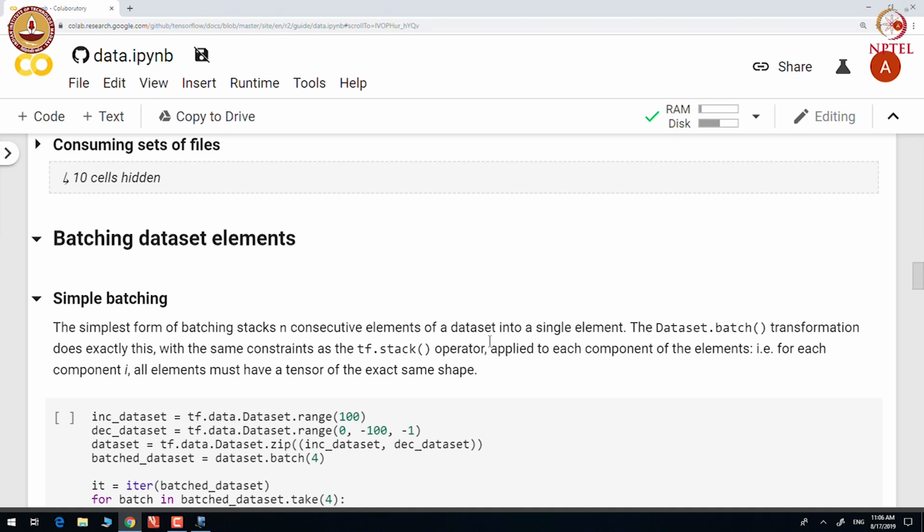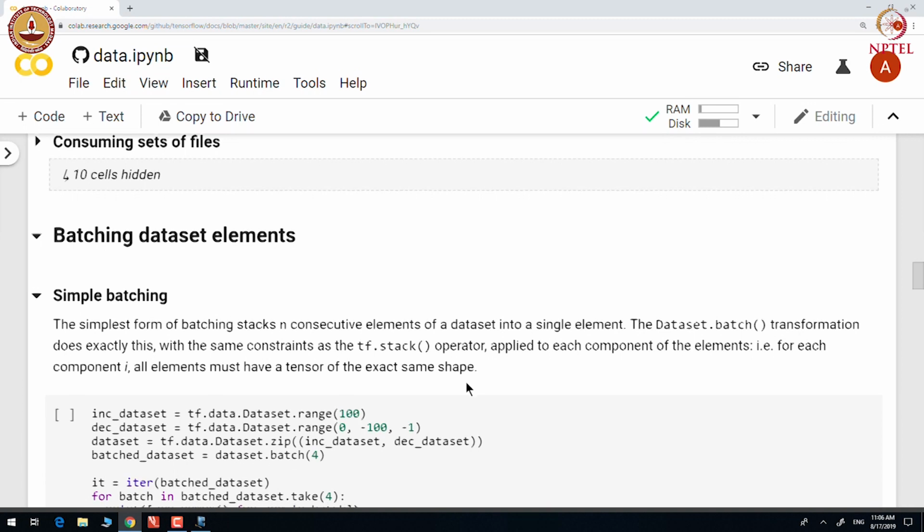We use the batch transformation, with the same constraint as the tf.stack operator. The batch is applied to each component of the element, and there is a condition that all elements must have tensors of exactly the same shape.